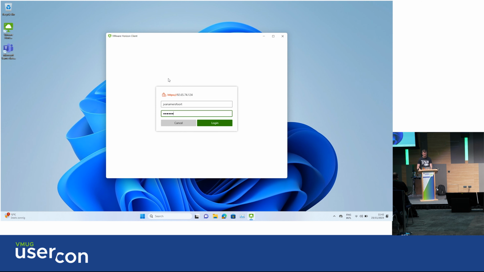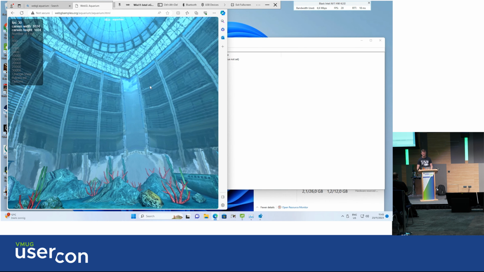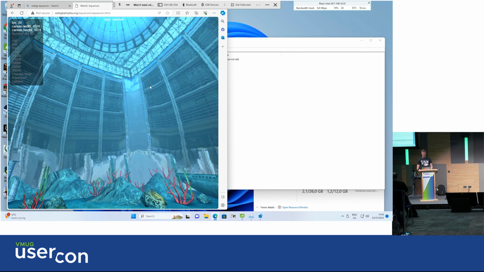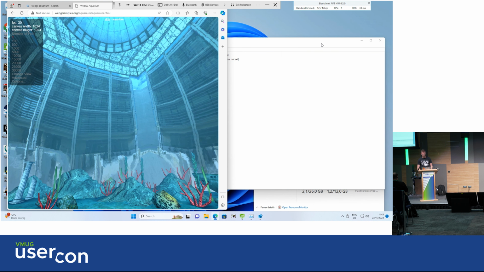I'm going to sign into the environment first with the Intel GPU, and what you'll probably see is that the user experience is not the best. And again, that's due to the fact that it doesn't apply the bandwidth